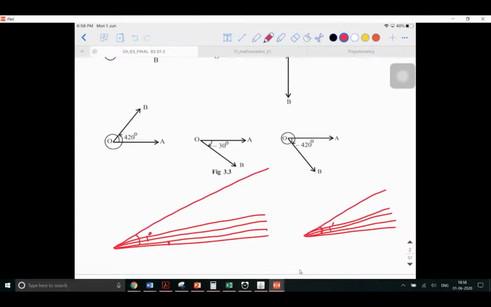Generally, when you use a protractor, say for example, if you want to understand what is precision, you get one line here and another line here. If this shows 1 degree and this shows 2 degrees, let's say the line for which you're trying to measure the angle stops somewhere between 1 degree and 2 degrees. Then what is going to be your answer? What will you say? How will you decide?